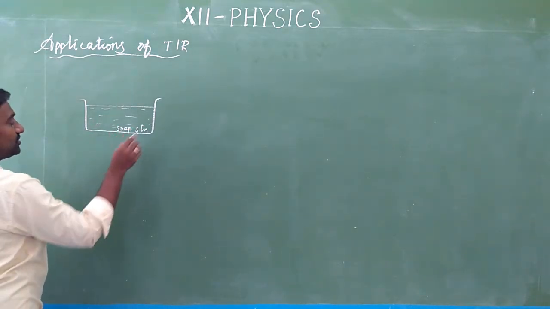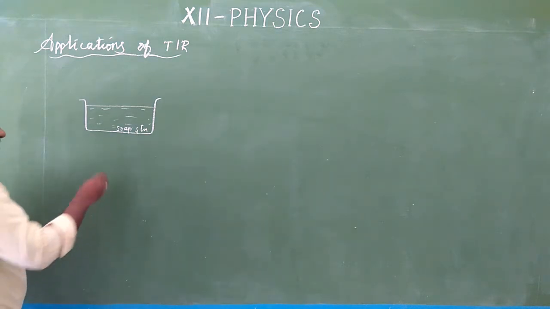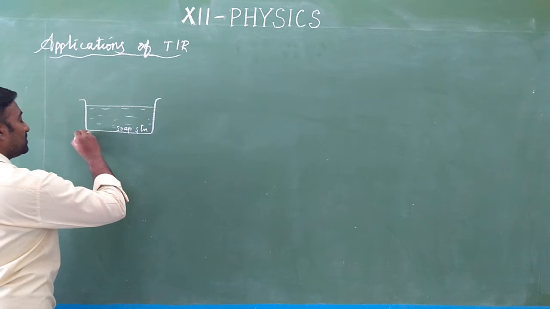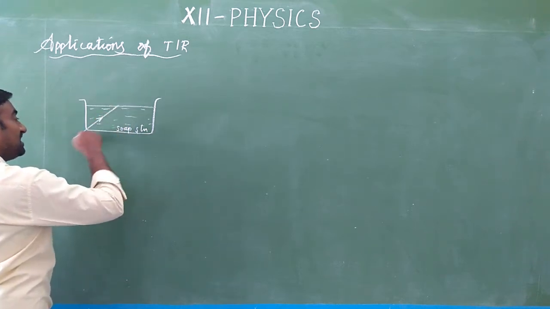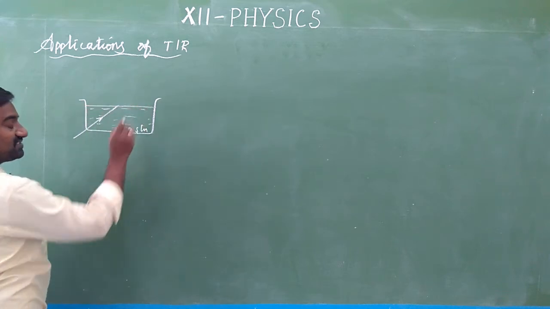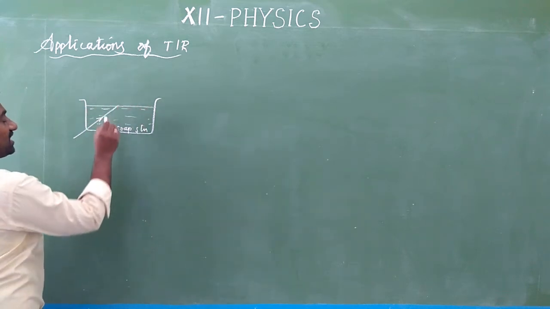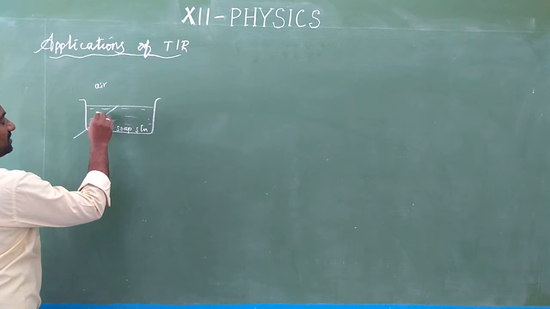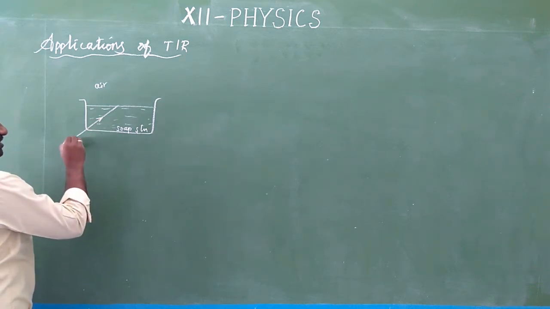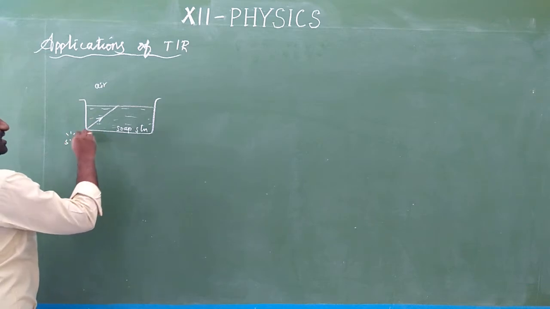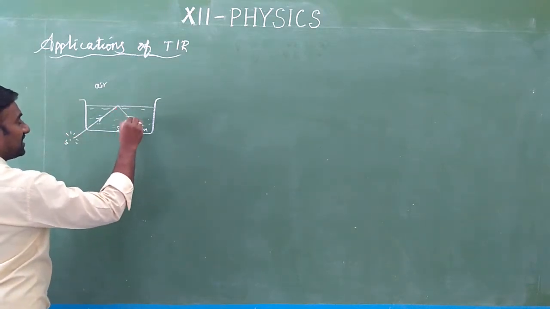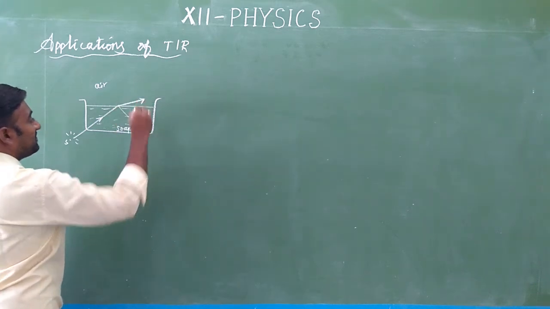Okay, in the soap solution, you use the laser torch. Allow the laser torch to pass through this trough containing the soap solution. So this is the incident laser beam. You can see that the laser beam strikes the surface of separation, which means the water-air interface. Okay, this is air medium and this is water medium. So this is the denser medium. So the light from the source is going from denser to rarer. So what happens? Partially the light is reflected and part of the light is refracted.